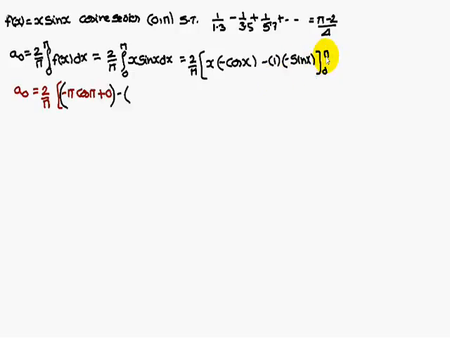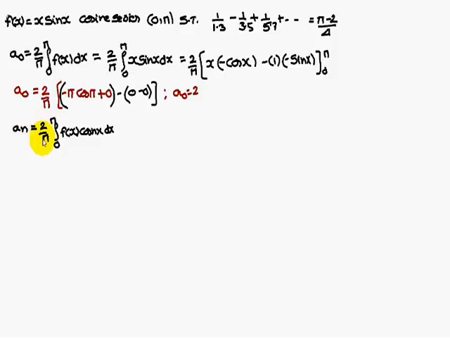If you substitute the upper limit, 2 by pi into minus pi cos pi; if you substitute pi here, 0. Next you go for the lower limit 0 into something 0, 0 into sin 0 is 0, therefore entire one terms will be 0. So if you simplify this one, a0 is equal to, you will get 2, pi will get cancelled, minus cos pi, cos 180 is minus 1, minus 1 into minus is plus 1, therefore a0 is equal to 2.